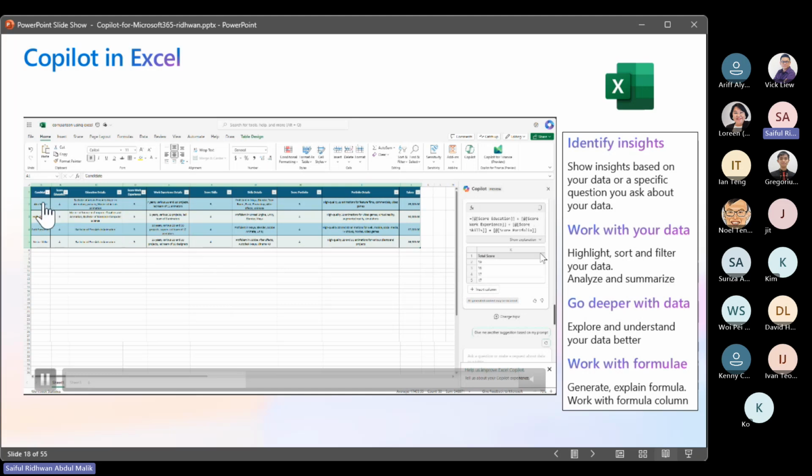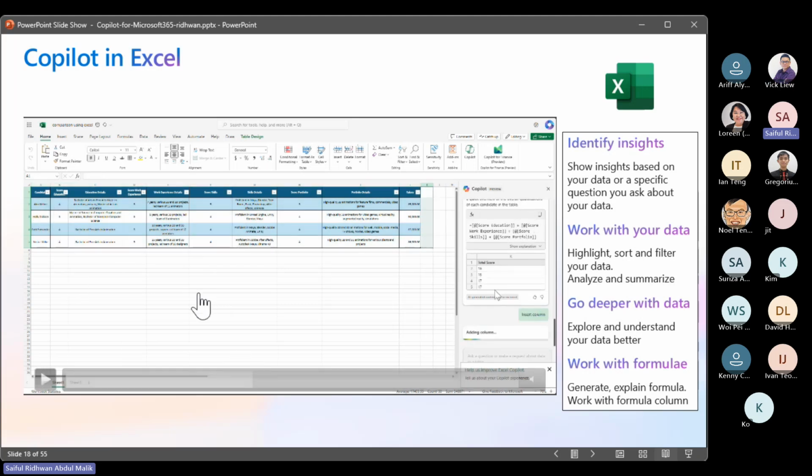Let's say Alex, the score of education is 4 or 5 or something. Work experience and skills, and also some of the details of products that he was able to master. So what I want Copilot to do is to sum up all this information,